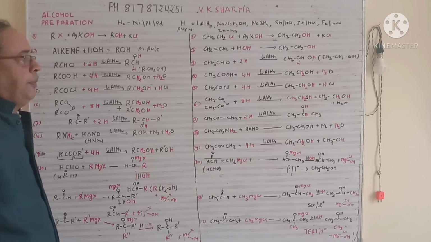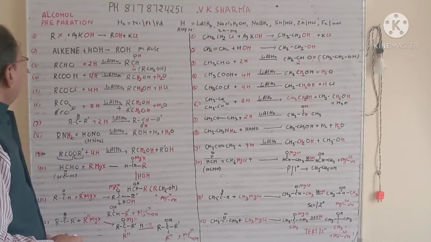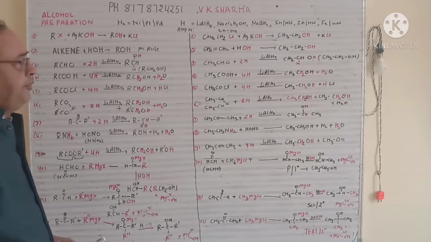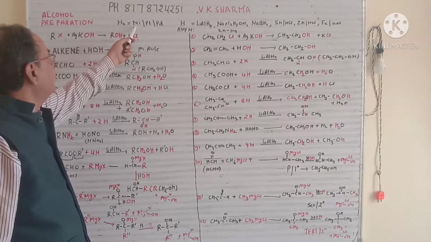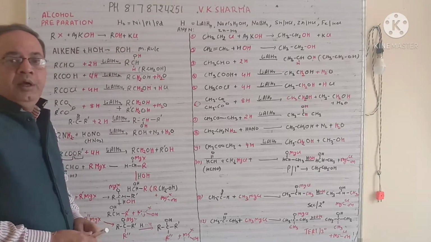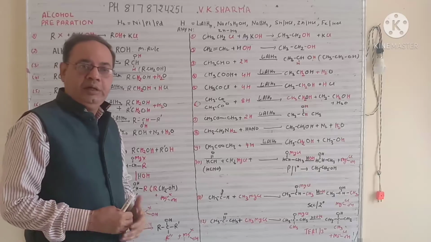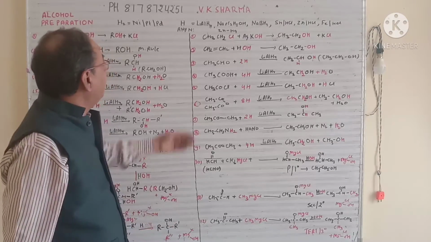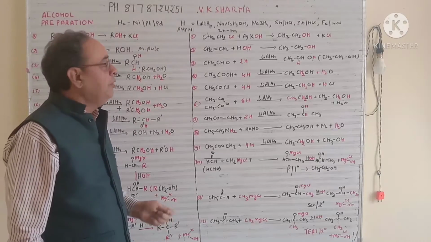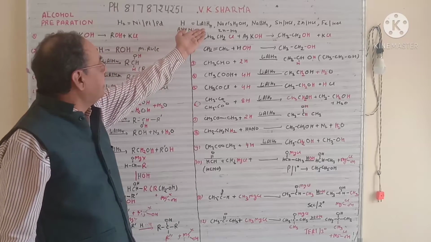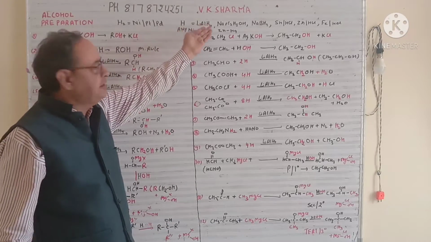Now friends, we have the preparation of alcohol. So just keep in mind, if you want to add H2 to any compound, you need a catalyst: nickel, platinum or palladium. And suppose you want to add nascent hydrogen, H, it can be any number, maybe twice, thrice, four times or five times and so on. So we need a certain catalyst which is known as the reducing catalyst.